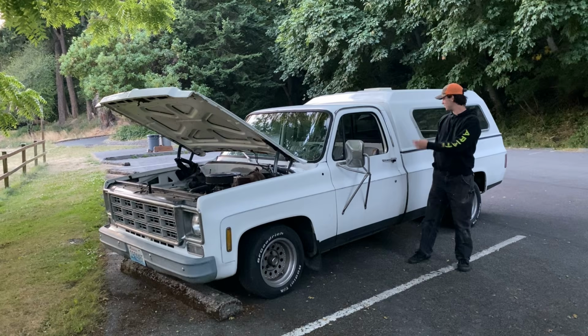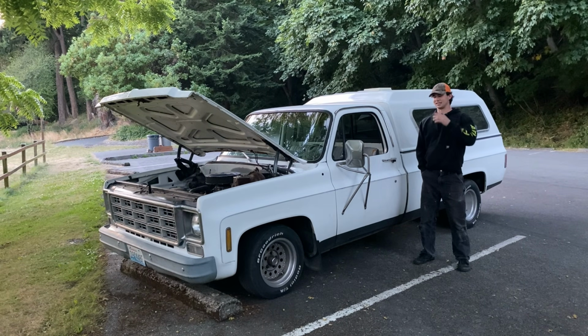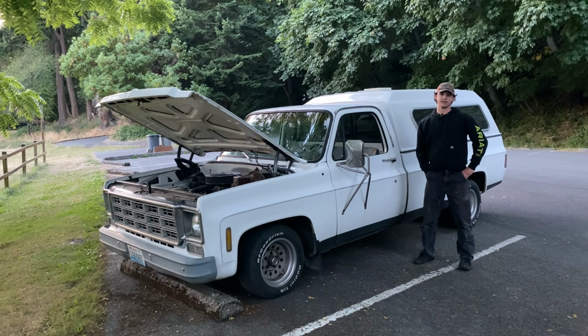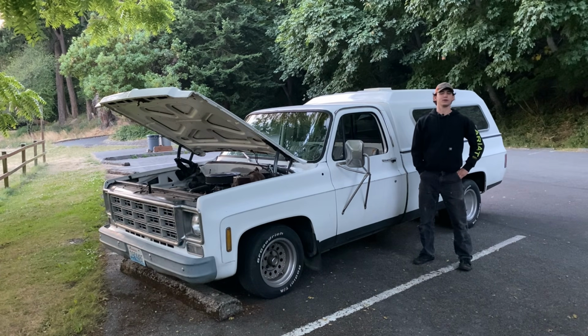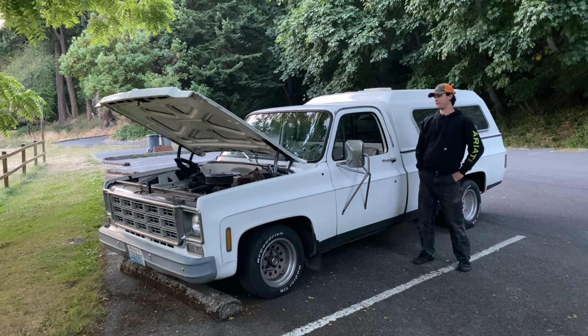The rear end makes some funky noises here and there, but it's nothing too big. I think it's that pinion bearing on the differential, but I'm not too worried about anything right now. I've been daily driving it pretty much since I got it. I got it and then my car went down, and since then I've been trying to paint my car. So I've been daily driving it for almost two years, and it has given me very few problems